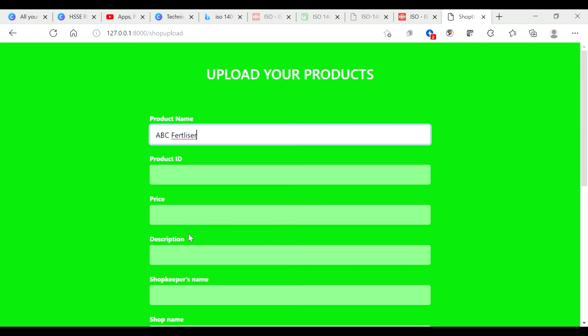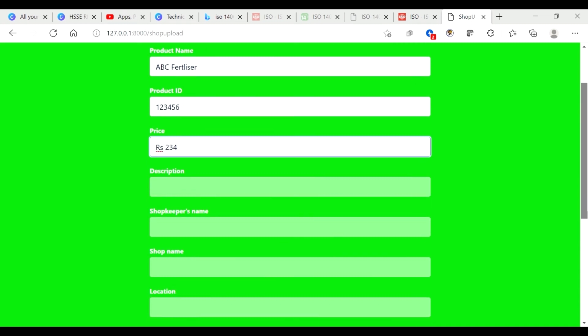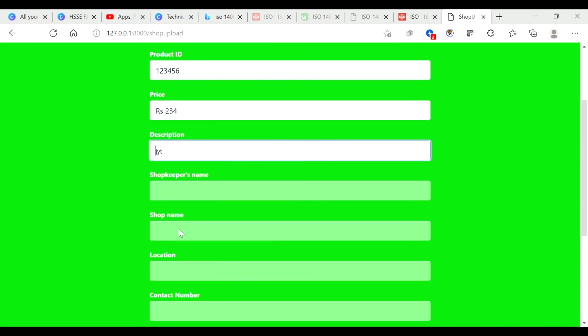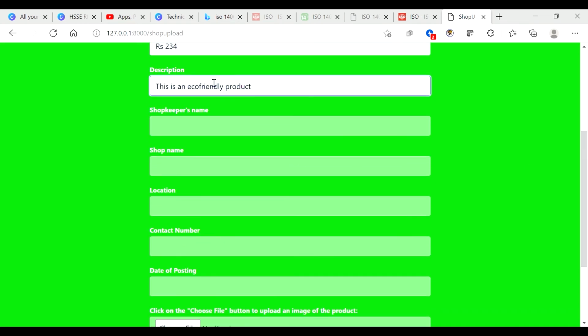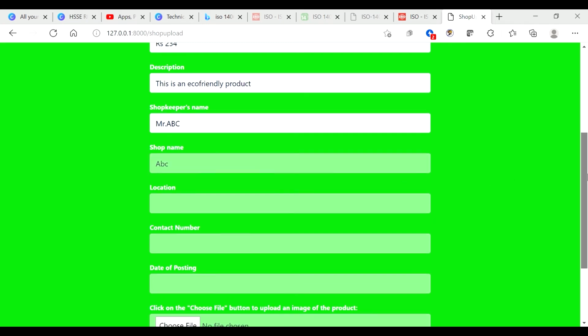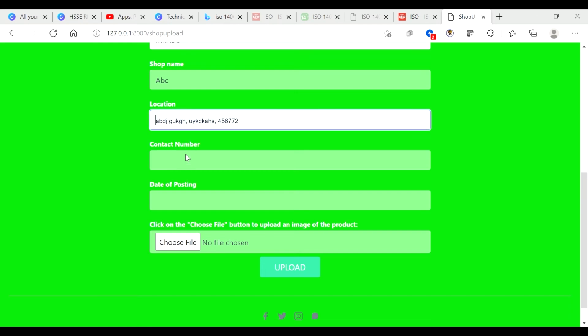Product name, product ID, price, description, shopkeeper's name, shop name, and then location, contact number, date of posting, and I choose an image file.